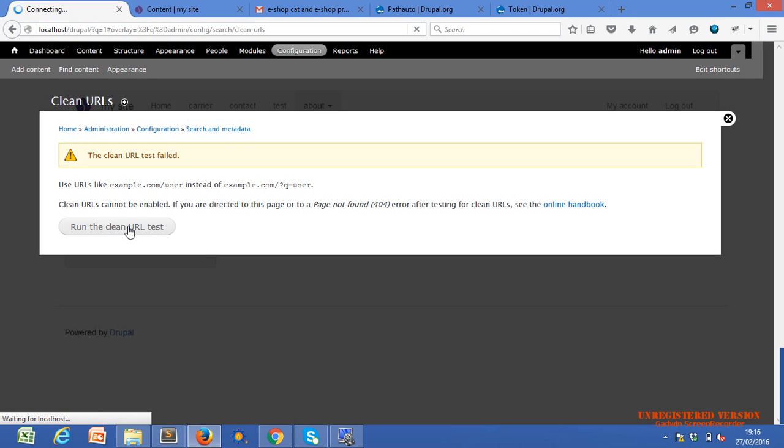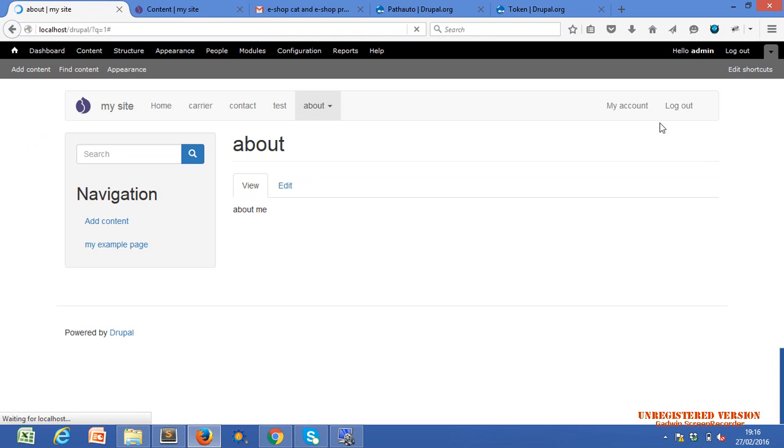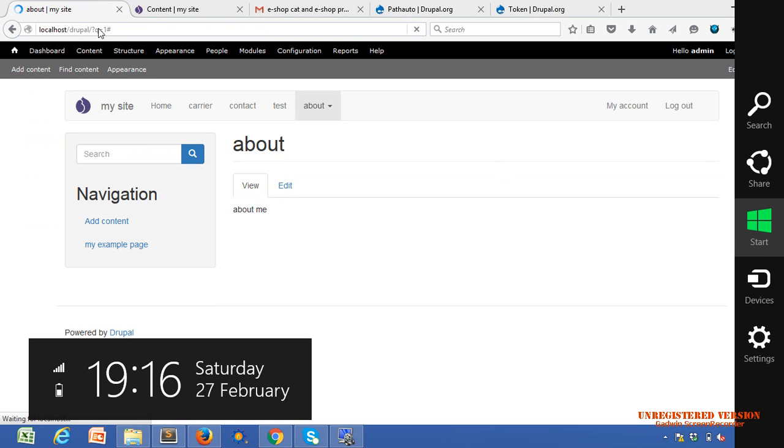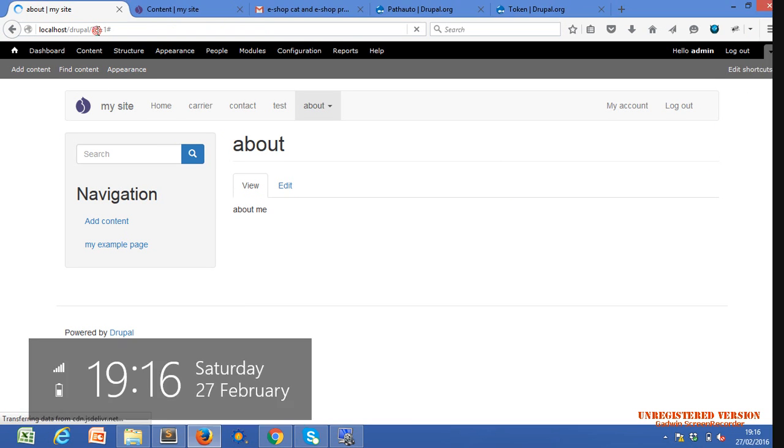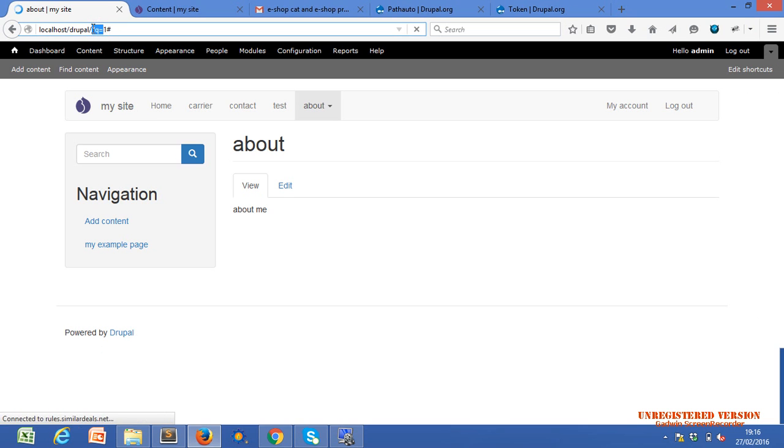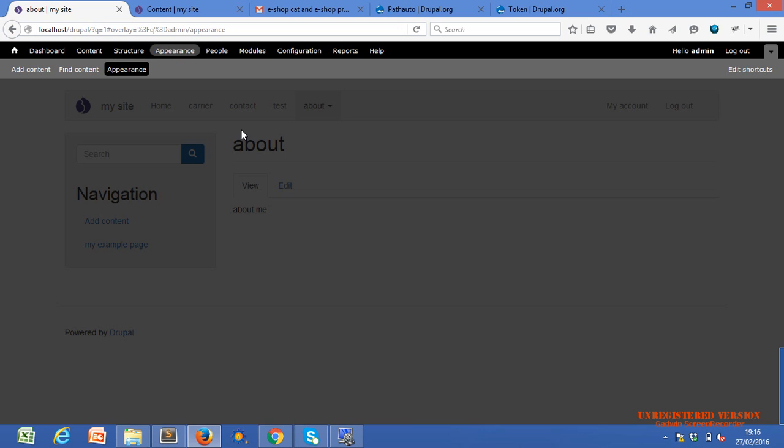Okay, try the clean URL in your system. I think it should work for our requirement. As per our requirement, these three symbols will not appear if your clean URL is enabled. Let me just try to do the same thing in any other theme. For some time, our theme just affects our functionality.